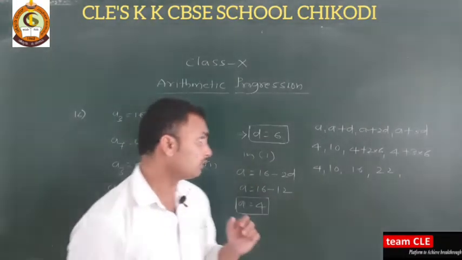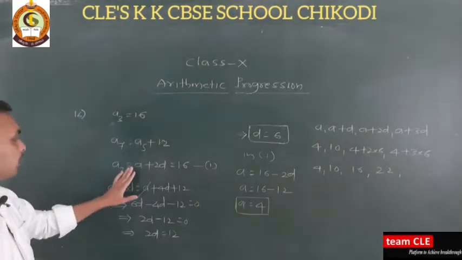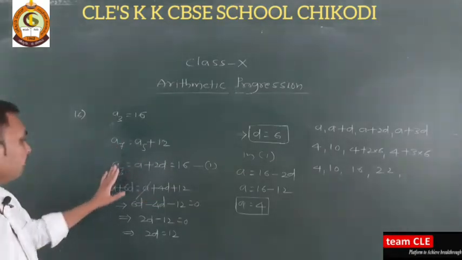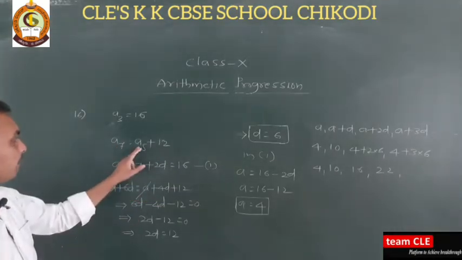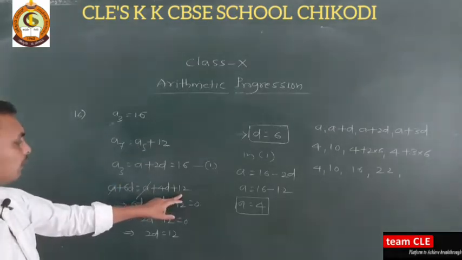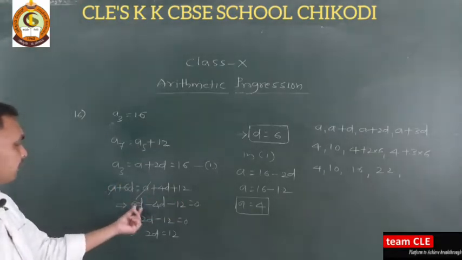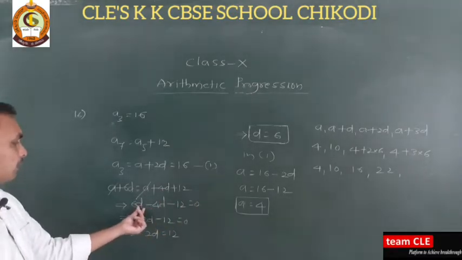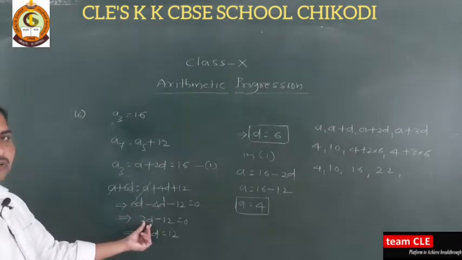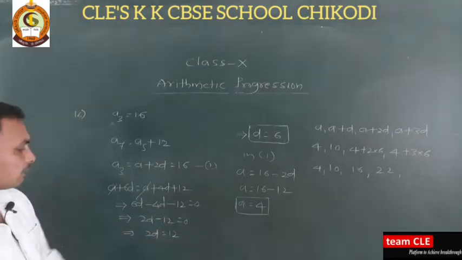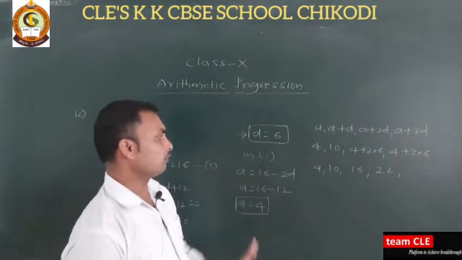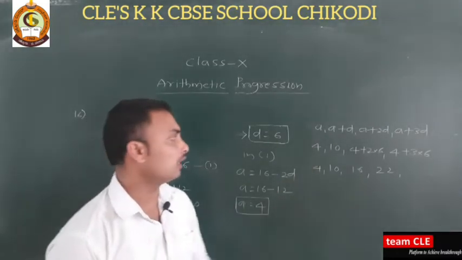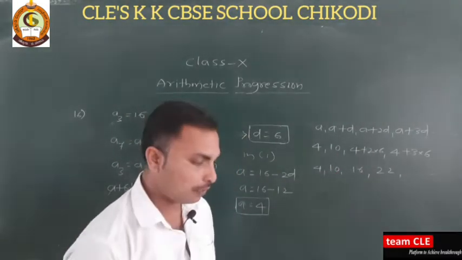And I hope you understood. This is a very simple question. A3 is given, so you can write A3 is equal to a plus 2d is equal to 16. Now they are given the 7th term, so we can write a plus 6d is equal to the 5th term exceeds 12. Now a gets cancelled here, we have remaining 6d minus 4d, so we will get 2d minus 12, you can transfer that side, 2d is equal to 12, we will get d is equal to 6. This value you can substitute here, we will get a is equal to 4. Now you can substitute in the general form of AP, you will get your desired answer.